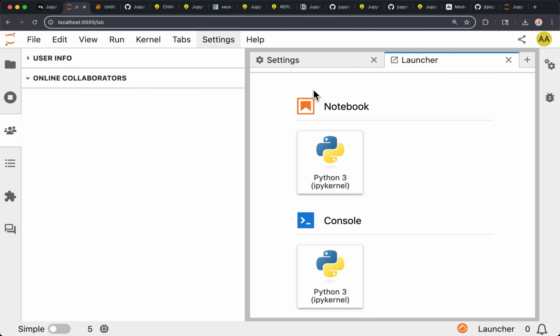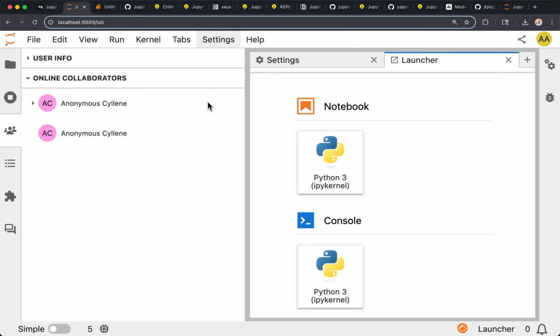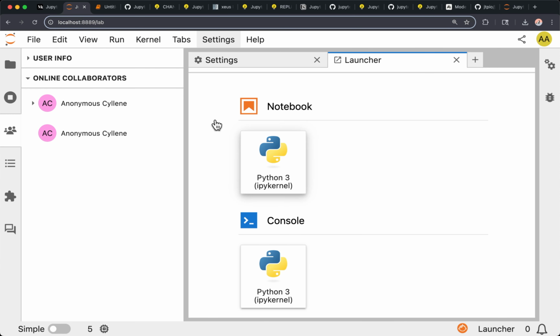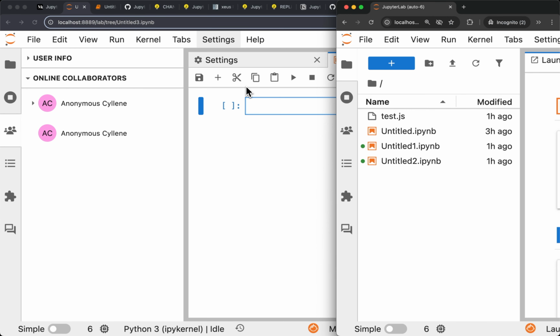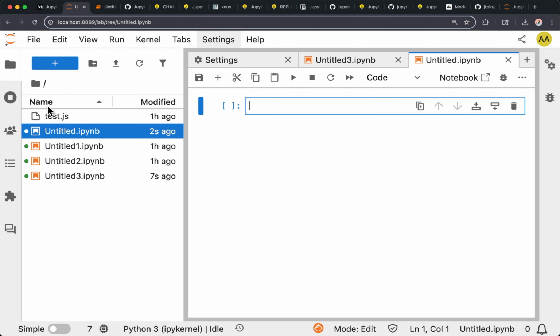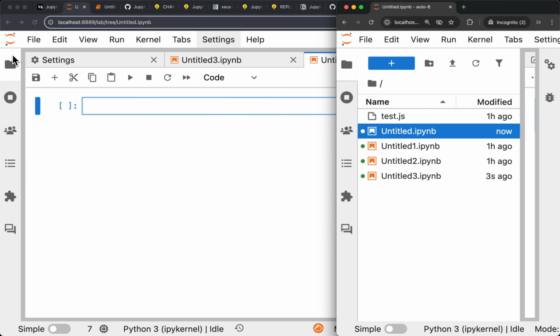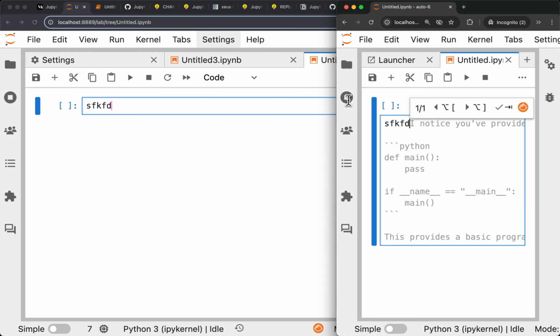So here I'm in a regular Chrome window, but if I open Incognito, and maybe I will make it a bit smaller here, I see that I'm connected to another one. I think I have another tab open somewhere else. But if I open this file, so it's untitled. Yeah, untitled as usual. I can type, and then the other person sees the changes.